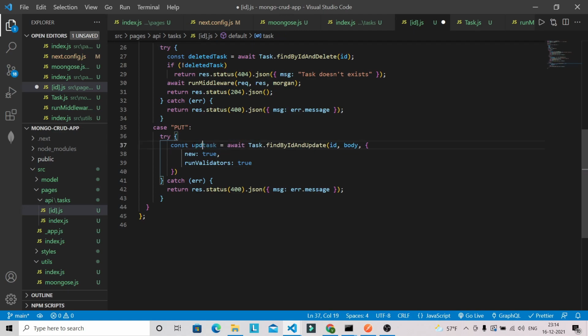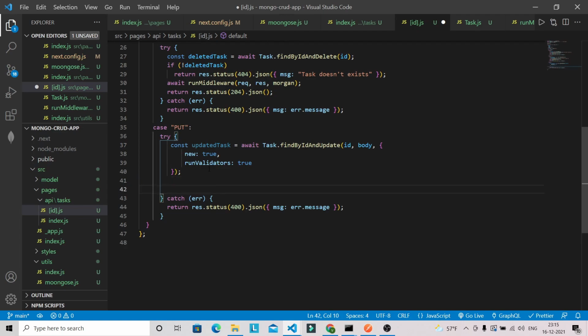Okay, and this one we can call updatedTask. After that, first we can check if we don't have the updated task. That means we can just copy this line of code and paste it here.